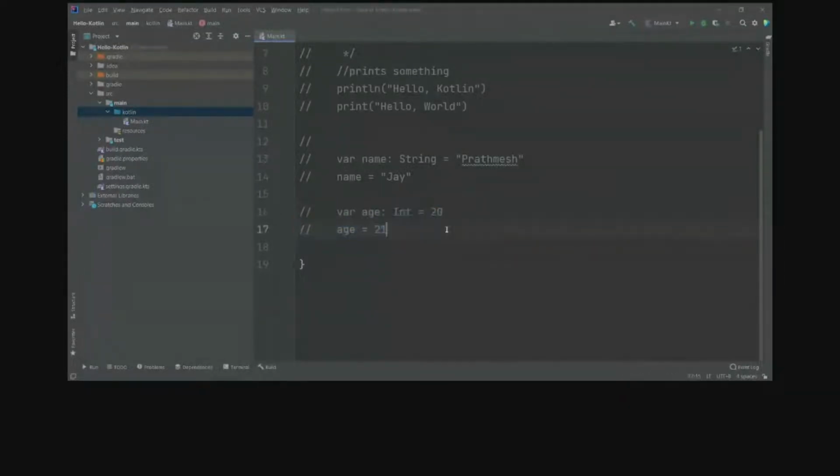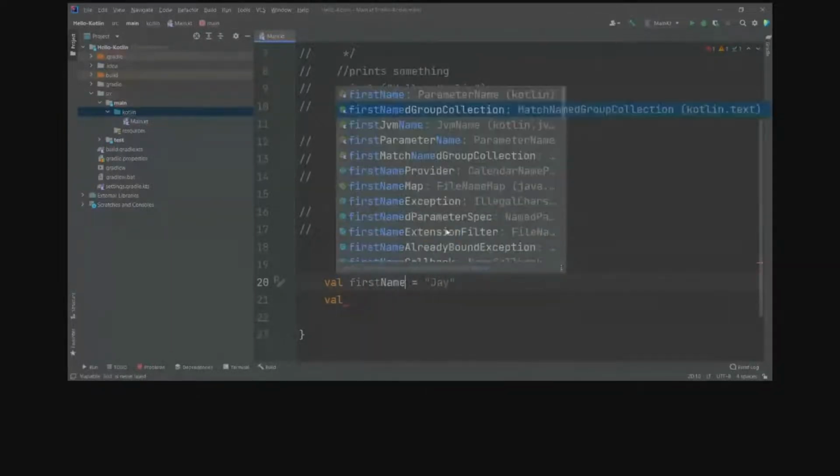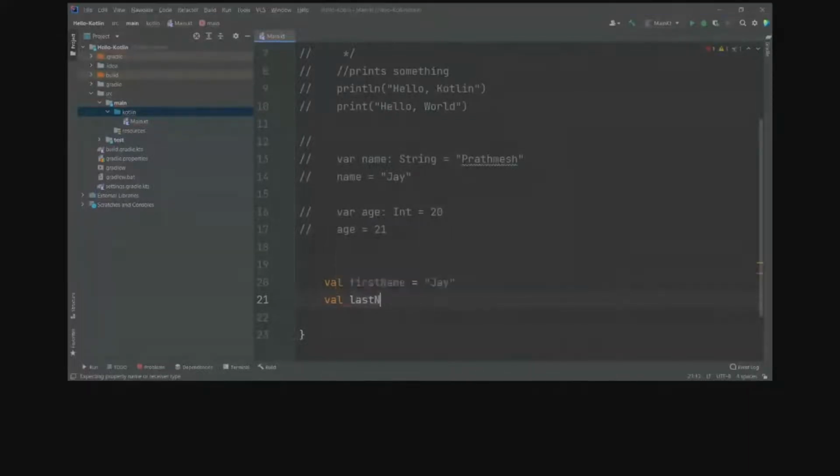Now let's say I declare a variable. Now these are the two variables that I have declared.